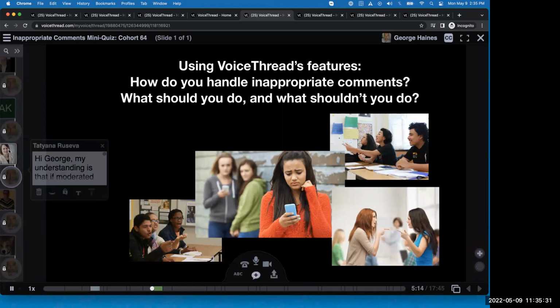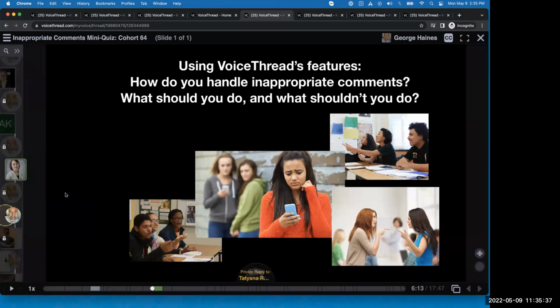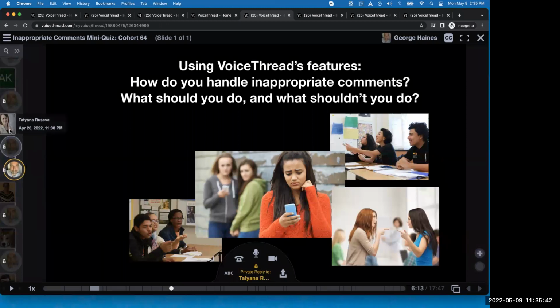So in a comment, regardless whether it's moderated or not, you can see that lock icon. And if I click on that, it will insert my identity image into the conversation channel connected to hers. And you can see that lock lets me know it's a private comment. All right, so if I move throughout the comments here, you can see I responded to everybody just to let